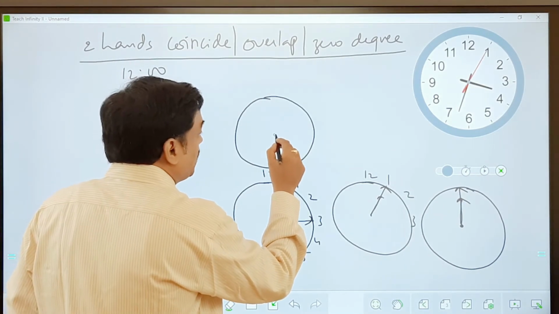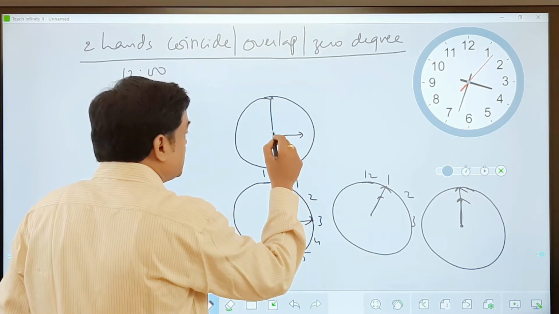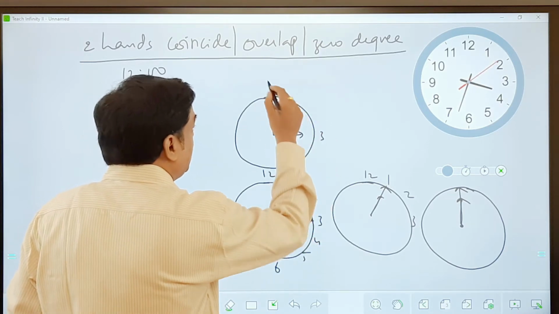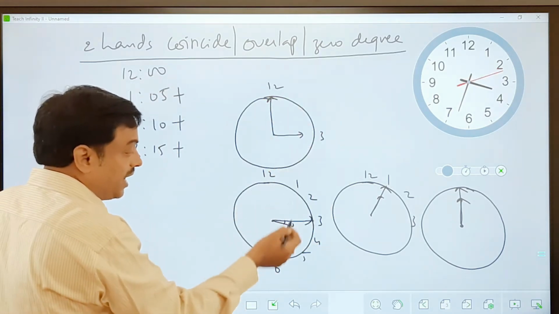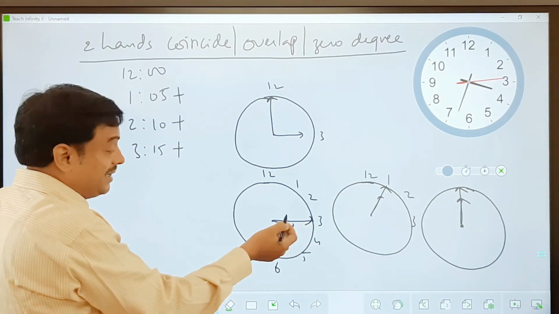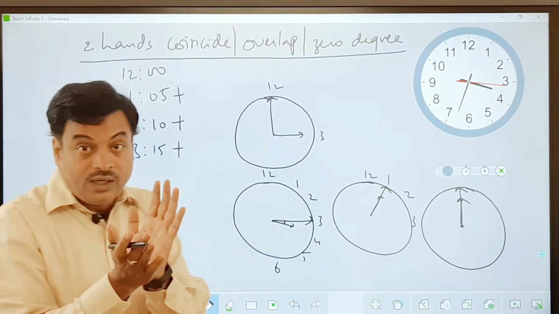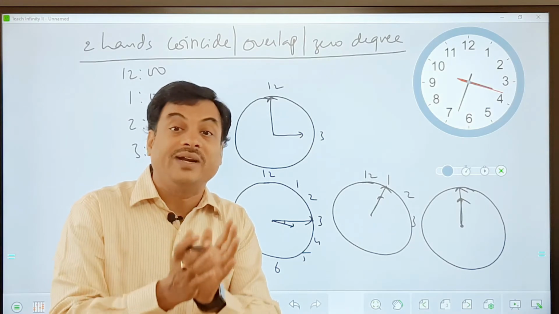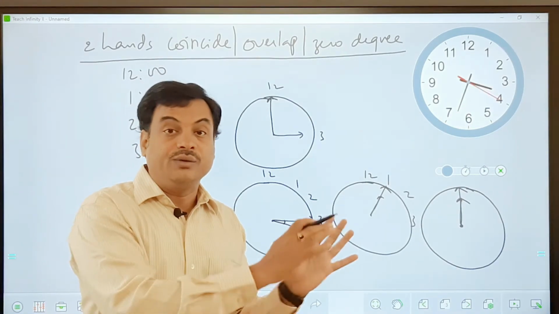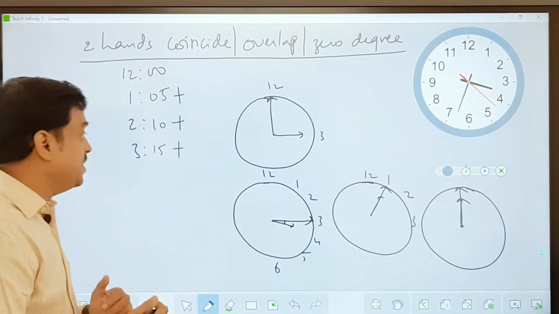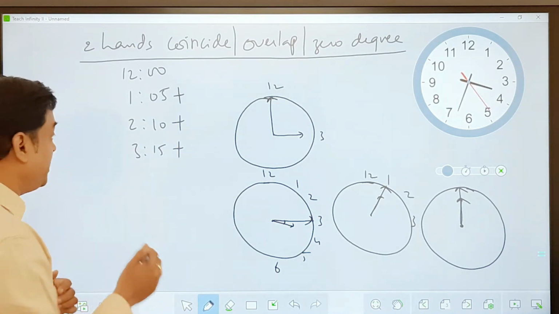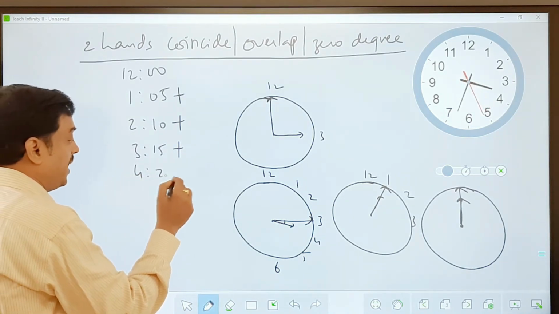This is something we call 3 o'clock, right? 3 and 12. But right now the hours hand is not pointing at 3. That angle which is formed between the two hands is nearly 7.5 degrees. And the calculation you can understand by the statements which I've used here. And further if you go, 4:20 plus